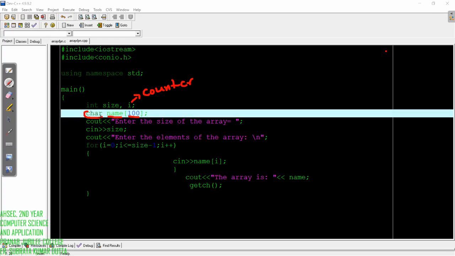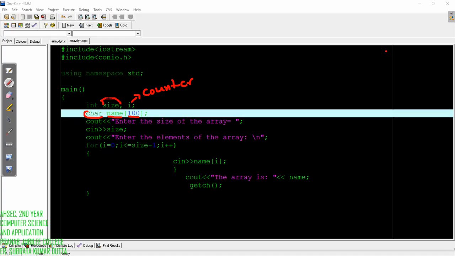Now see another variable we have used, size. If you have seen the last video, there I discussed that the maximum size of the array may be 100. But the user is not bound to enter 100 elements.